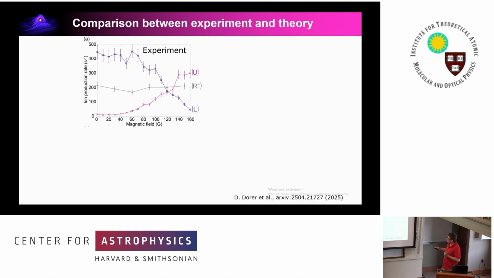So with this, I do the same thing now, looking at it a little bit more quantitatively as a function of the magnetic field. We look at the production signals of the lower level and the upper level. You see at low magnetic fields, all the reaction flux goes into the lower level and essentially none into the upper level. Now, as we get close to this magnetic field of 100 Gauss, 120 Gauss or so, this one grows, this one goes down, until at the avoided crossing they have about the same flux,